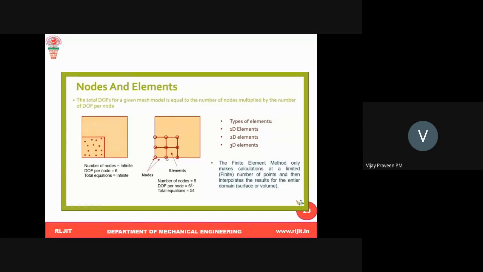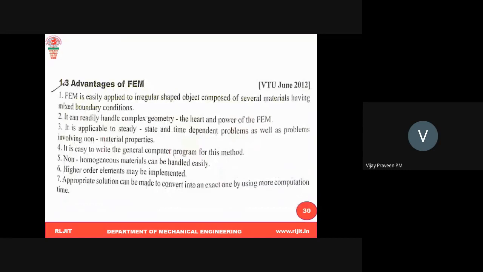Total degree of freedom becomes 54. Therefore, you can get total equations as 54. But here, total equations are infinite. So by doing the discretization process, that is the very fundamental principle in entire FEA we are going to use. What is the domain they gave? Let it be any type of structure. First, we need to divide into small pieces. That's all. So based on that, your results matter. Got it? Yes, sir.